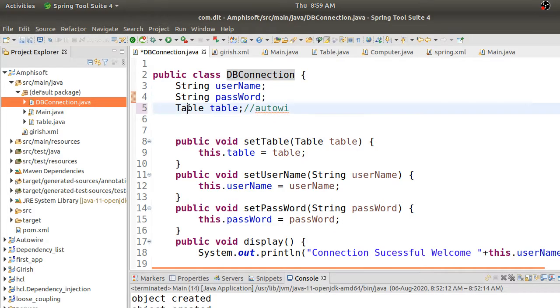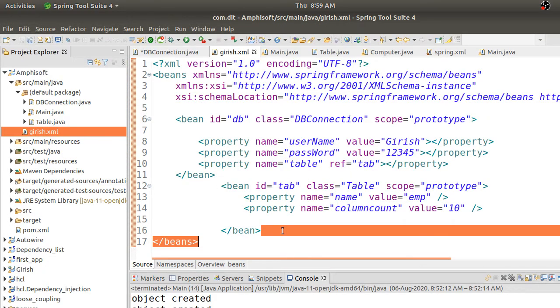But in case it is an object dependency, some table of a class which is already present, and you want to inject this kind of dependency, instead of me struggling in my XML file, I don't want to write all this struggling stuff, right? So you can do something called AutoWire. Now what is this AutoWire and how is it done? Okay, I'll just tell you.